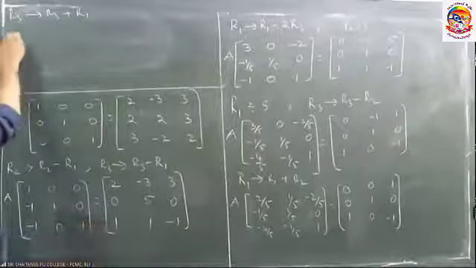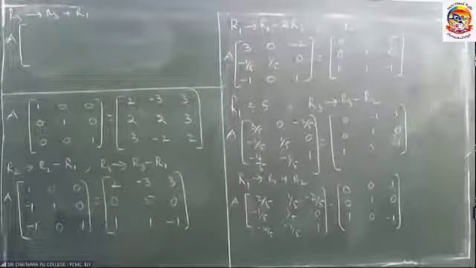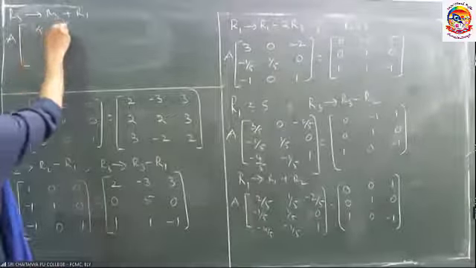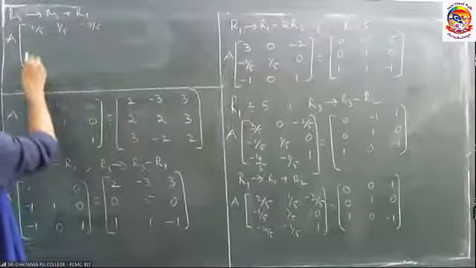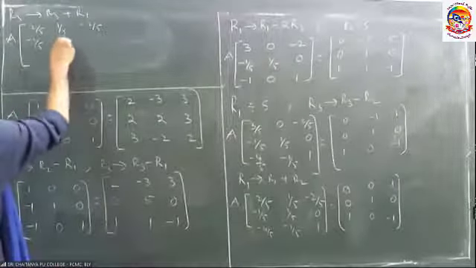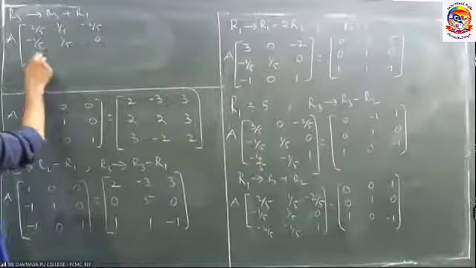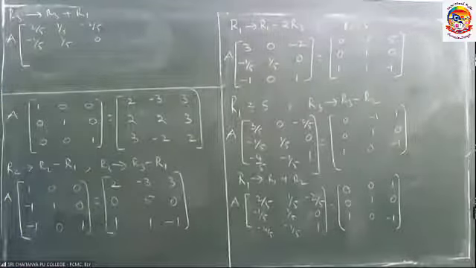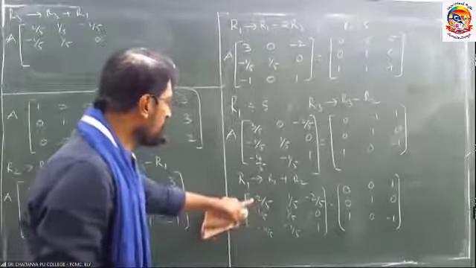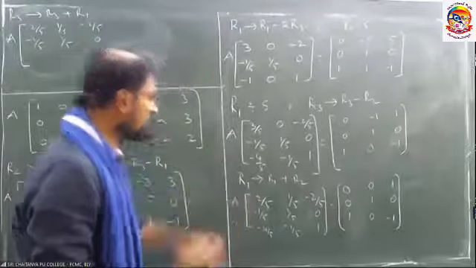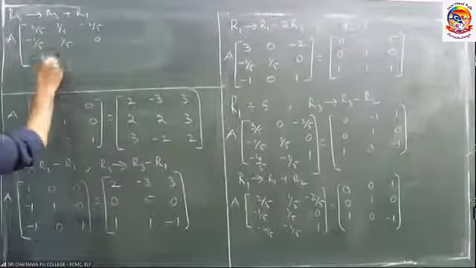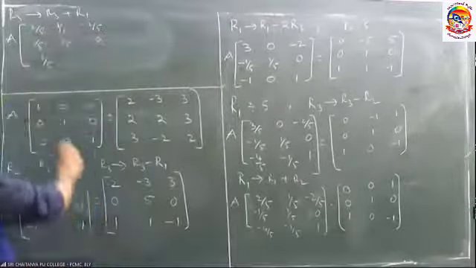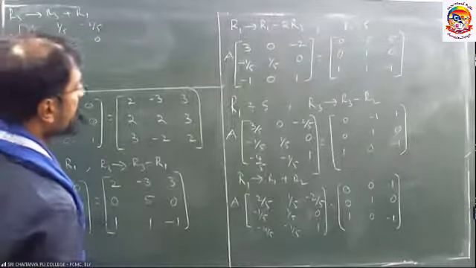Now I am going to get capital A into R3 plus R1. You just keep this one as it is, 2 by 5, 1 by 5 minus 2 by 5 minus 1 by 5, 1 by 5, 0, and this is minus 4 by 5 minus 1 by, sorry, and this value is R3 plus R1 minus 4 by 5 plus 2 by 5. It is equals to minus 2 by 5. And minus 1 by 5 plus 1 by 5 is equals to 0. R3 plus R2 is it.